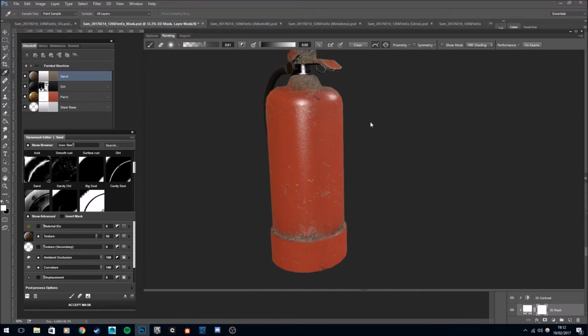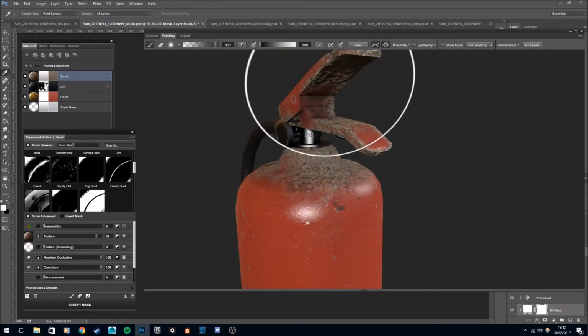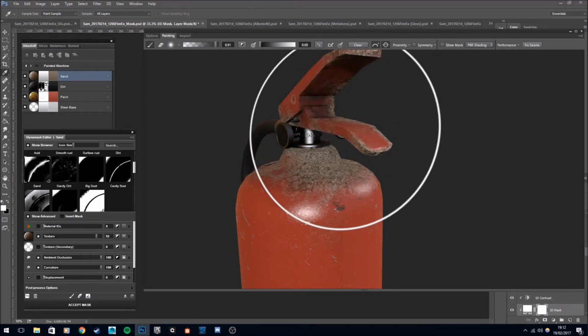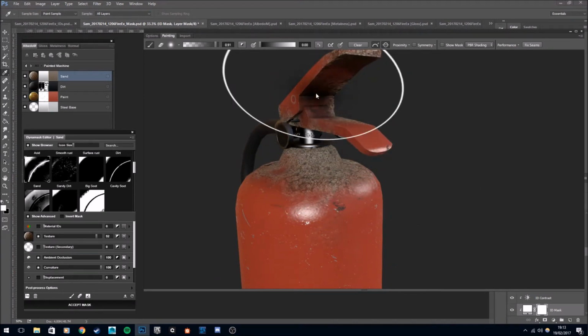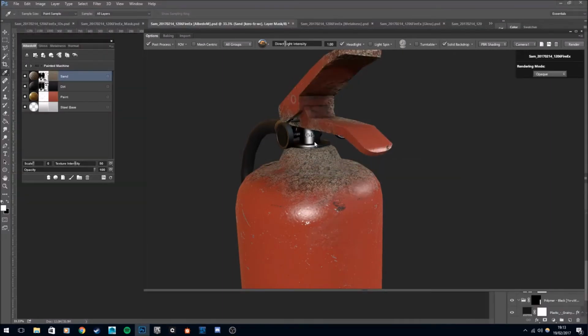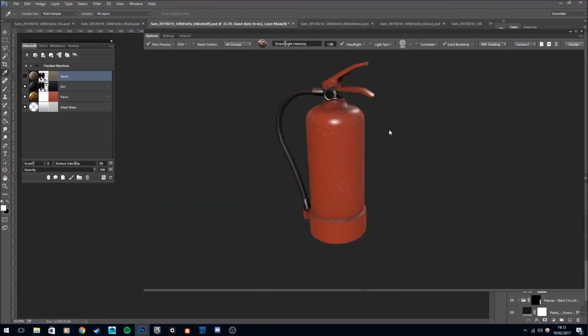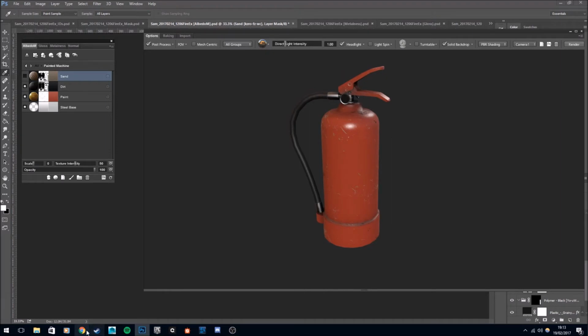There we go. Okay, I don't really want it there either, so I'm just going to erase most of that. Okay, that'll do for this quick tutorial. I'm just going to hide that now because I don't exactly want that on there. So now we need to get a little sticker,